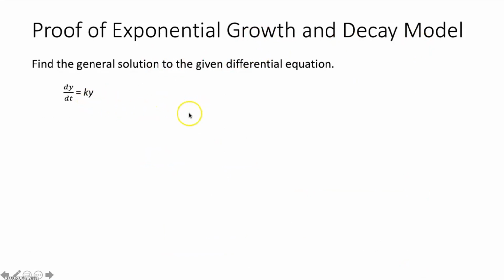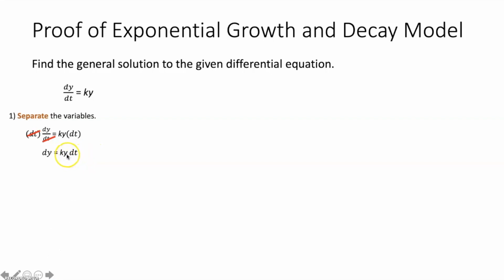We told you that y is equal to c times e to the kt is just the general solution to this differential equation. But let me show you how this works. So we're going to solve this given differential equation. In order to solve a differential equation, we got to go through our steps. The first step is to separate the variables. We need to make sure we get all the t's on one side, all the y's on the other side. So we're going to multiply both sides of the equation by dt to get all of our t's to the right side of the equation. Over here, these dt's cancel each other out. And now we have all of our t's on the right side of the equation.